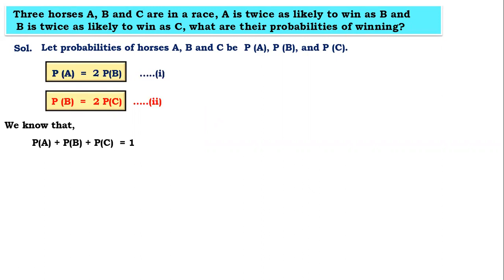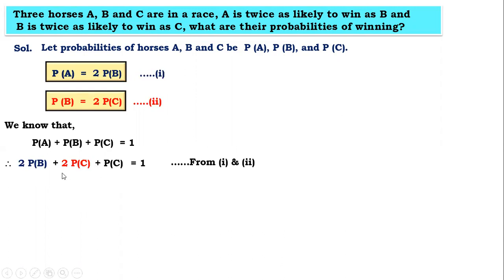Now let us substitute what we have. Now I have P of A. From equation number 1, P of A is 2P of B, so I'll write 2P of B there. Now P of B, from equation number 2, is 2P of C, so I'll write 2P of C there. And P of C is as it is, equal to 1. Where did we get it from? Equations 1 and 2. Now students, look at this statement. I have P of B, P of C, and P of C.